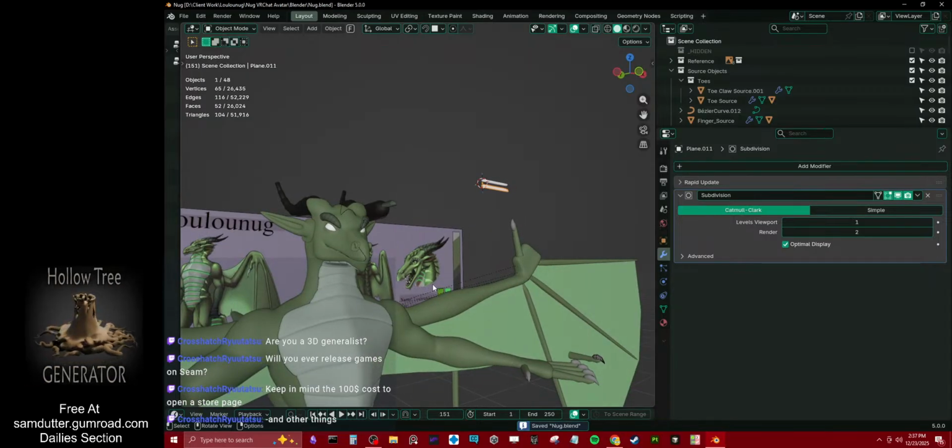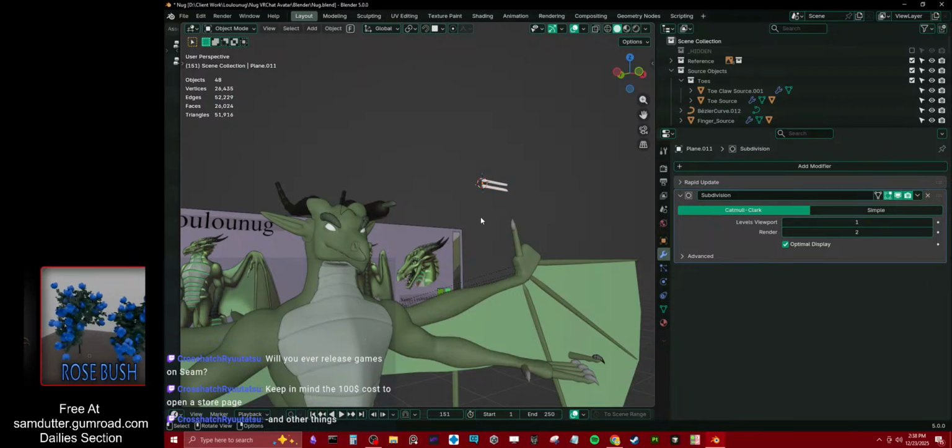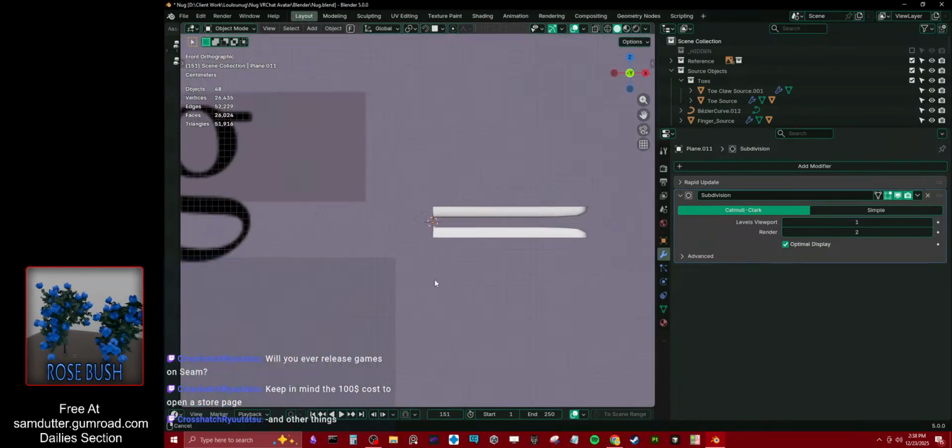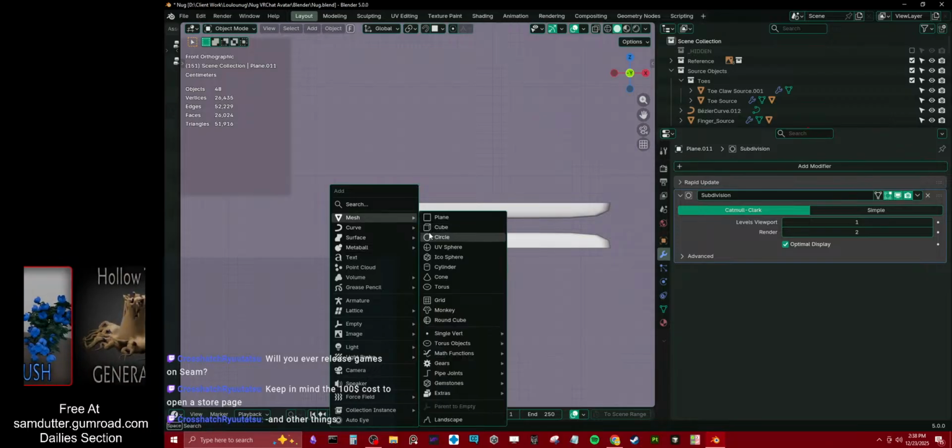Keep in mind the $100 cost to open a store page. You know, interestingly, I think that